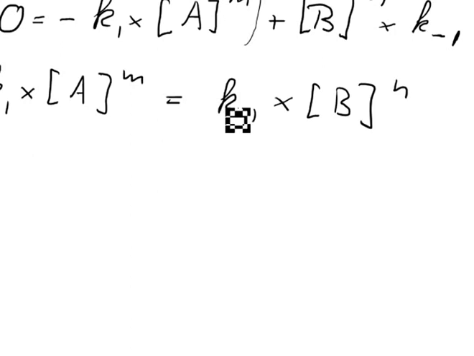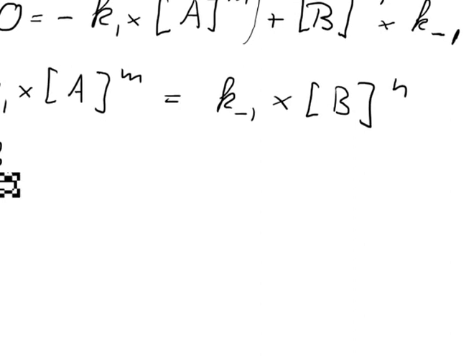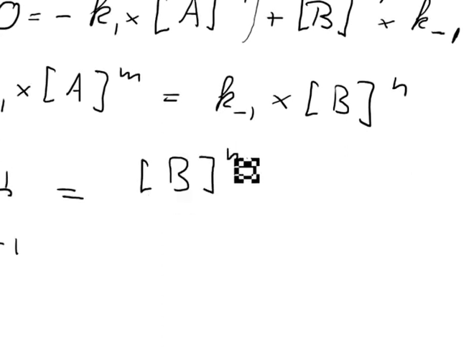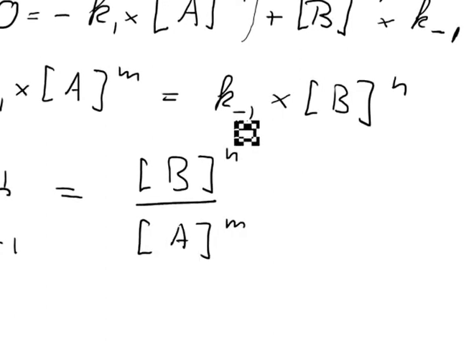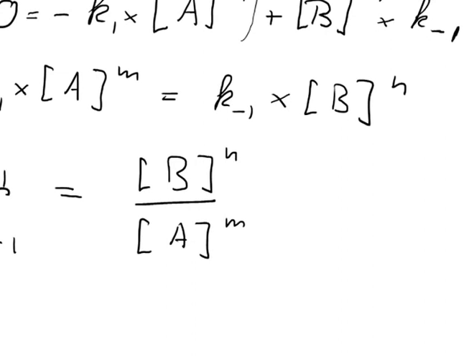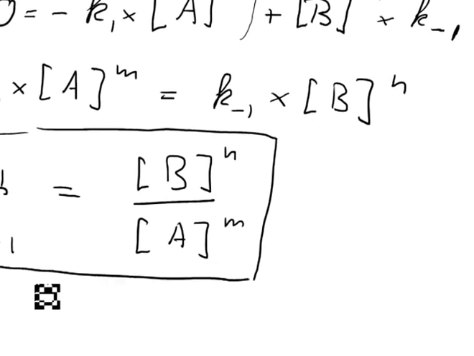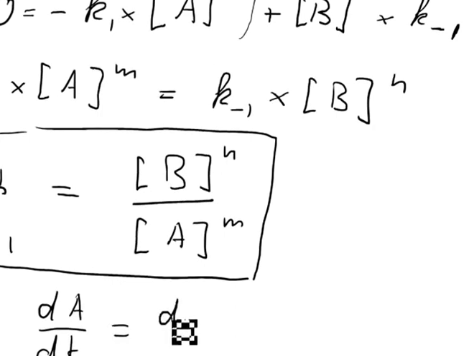And now we can bring all the rate constants to one side and all the concentrations to the other side. So what we get is K1 over K minus 1 equals B to the power of N divided by A to the power of M. And this actually is the expression for the equilibrium, which is true as long as dA over dt, and of course dB over dt,